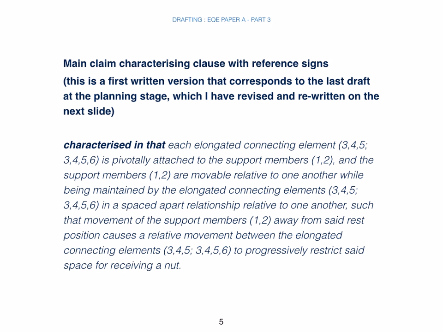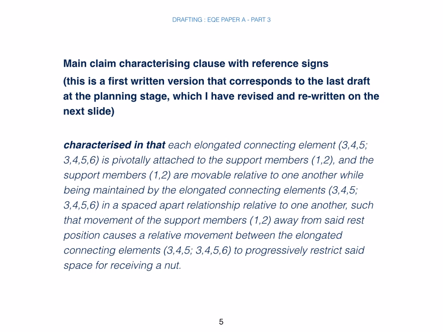The characterizing part on this slide is a first written version that corresponds to the last draft at the planning stage, but which I have rewritten during the final write-up, and the rewritten version will be presented on the next slide. So here is the characterizing part as it ended up last time, characterized in that